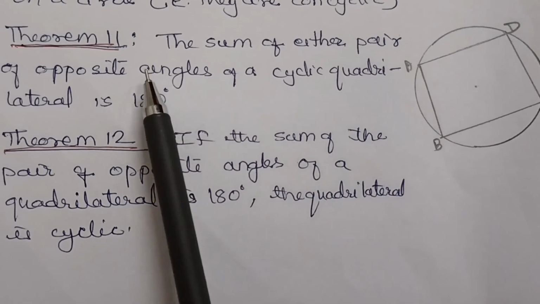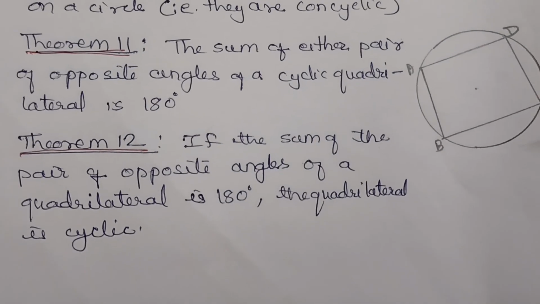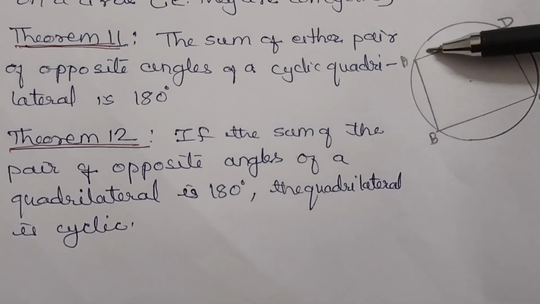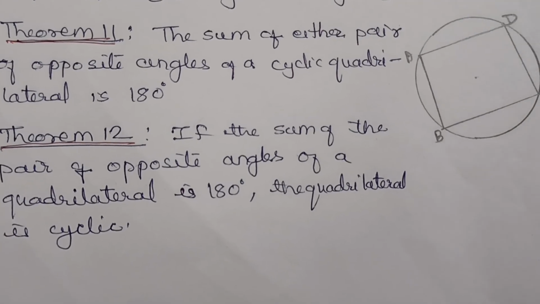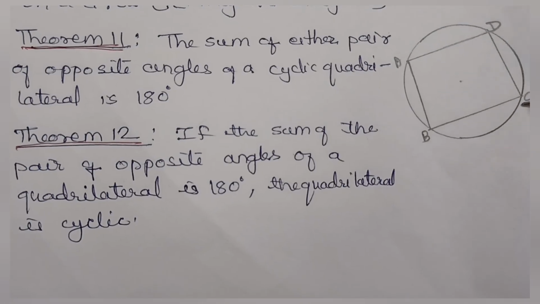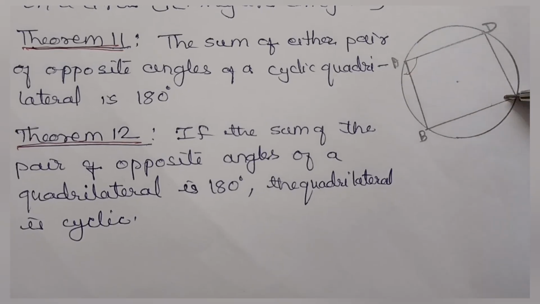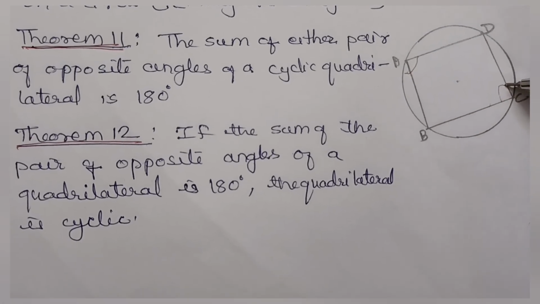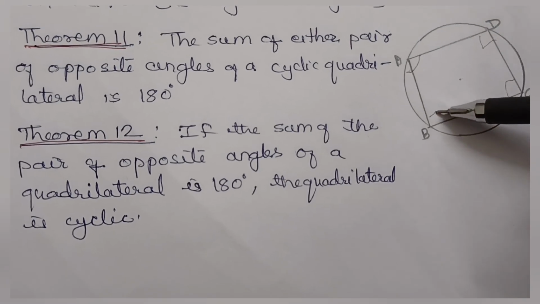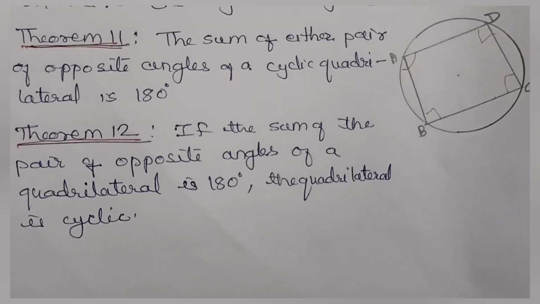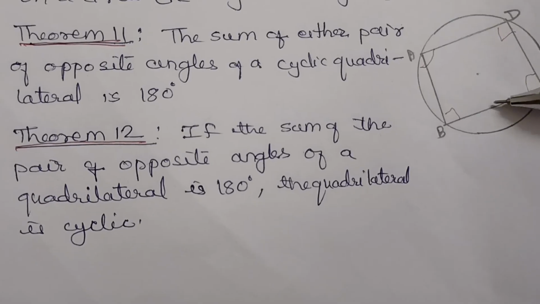Theorem number 11. The sum of either pair of opposite angles of a cyclic quadrilateral is 180. Cyclic quadrilateral means the quadrilateral inside the circle, joining all 4 points to the circle. All 4 points should be on the circle. And theorem 11 says that opposite angles have the measurement of 180 degrees. This and this: angle A plus angle C is 180 degrees and